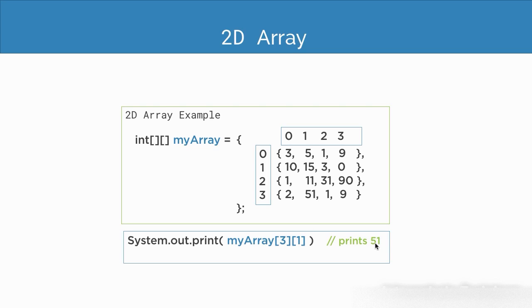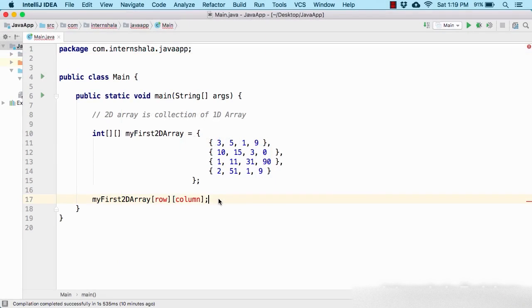Similarly, if I want to print out 9, then we have to use the print statement followed by the index of row and column. This 9 has the row index of 3 and the column index of 3, so I will use 3 and 3. This will simply print out 9. Now if you notice here, for each row I have 4 columns. So we have to iterate 4 times for the rows, and for each row we have to iterate 4 times again. So we have to write our loop in such a way that we cover all the elements. For that we need to use a for loop with the counter variable